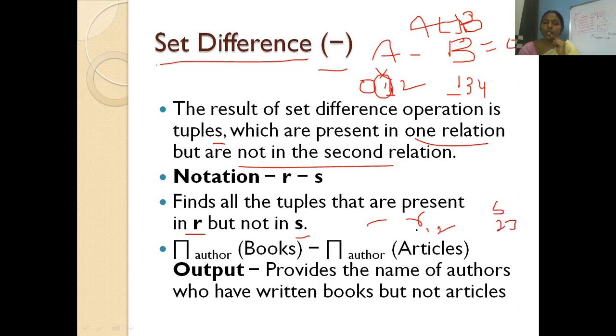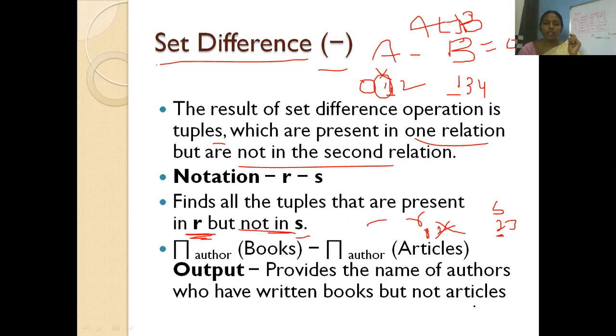Now I want to display the results of R but not in S. So how many rows do we have in R table? 1 and 2. Which are not in S? The 2 is in S also. So I don't want to display 2 here. Only 1 I want to display. Clear? So this is what we call the set difference.